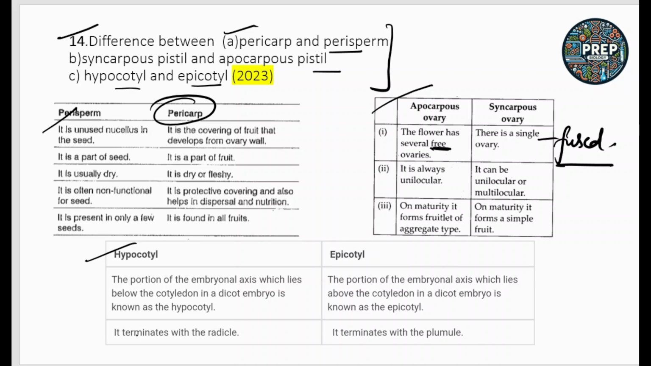Hypocotyl is the portion of the embryonal axis which lies below the cotyledon in the dicot embryo. Hypo means below. Epi means upper or above, the portion present above the cotyledon in the dicot embryo. Okay, so know the difference of each and every part: perisperm, pericarp, syncarpous, apocarpous, true fruit, false fruit. These differences are repeatedly asked in your previous